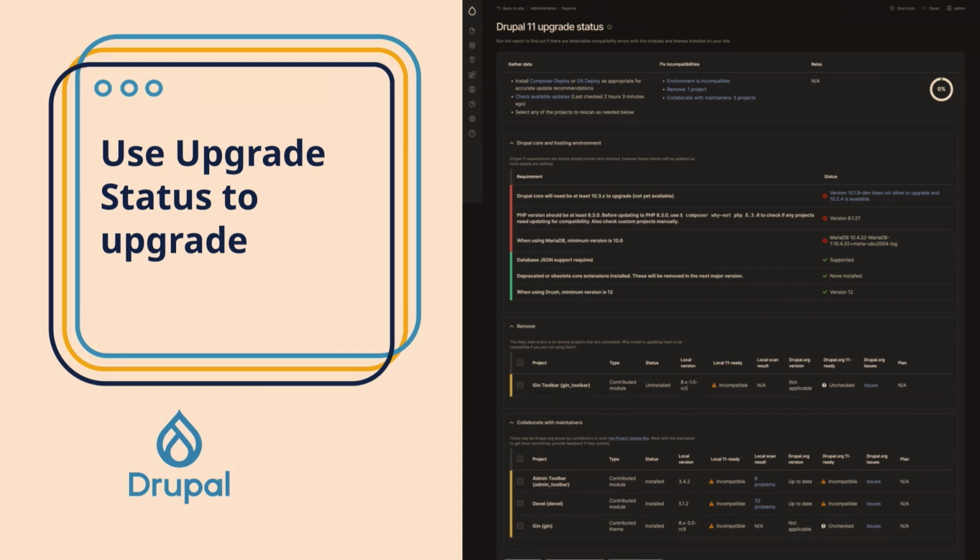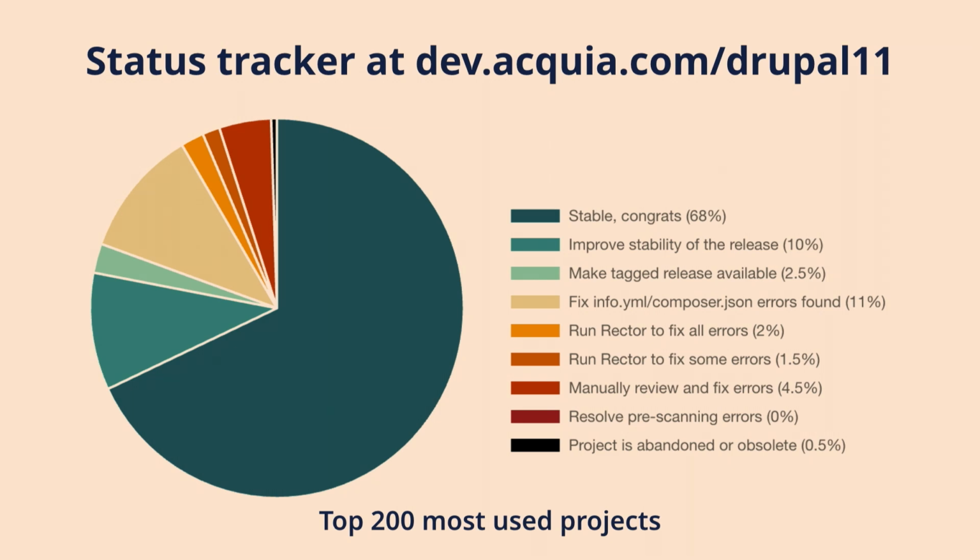It tells you about the system requirements. It tells you about all of your modules, everything. And then it suggests all the additional tools. Another tool that I work on is deprecation status, which is tracking the readiness of the whole ecosystem for Drupal